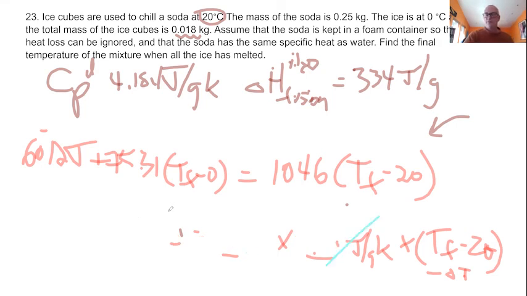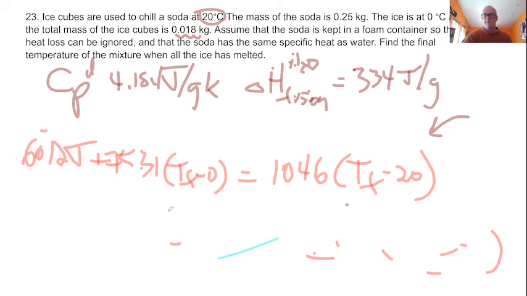And then we just solve for temperature final. Remember, one of these is going to be negative. So that's going to be negative. So I put it all together. We end up with